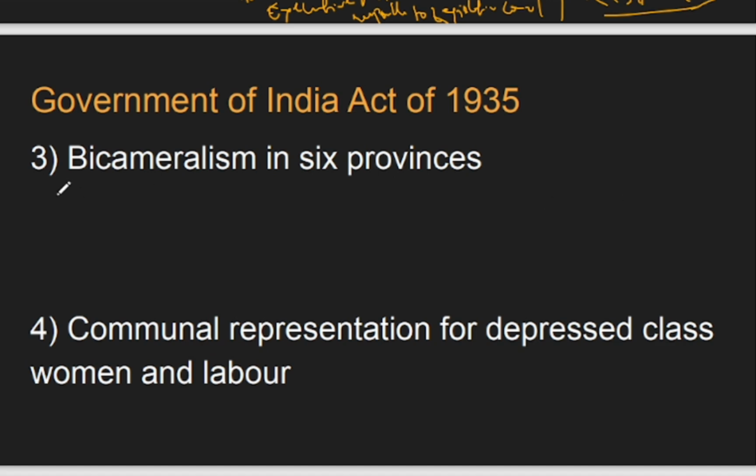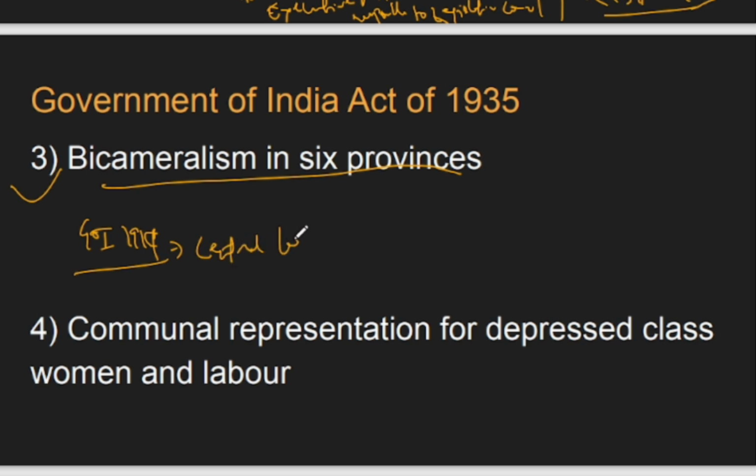Now, the third point says that bicameralism in six provinces came through this act, right? Earlier, in the Government of India Act 1919, bicameralism was in the Central Legislative Assembly only. But now, through this act, in six provinces, at provincial level,